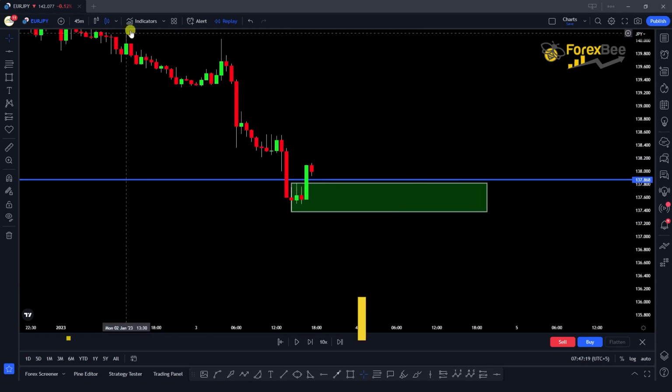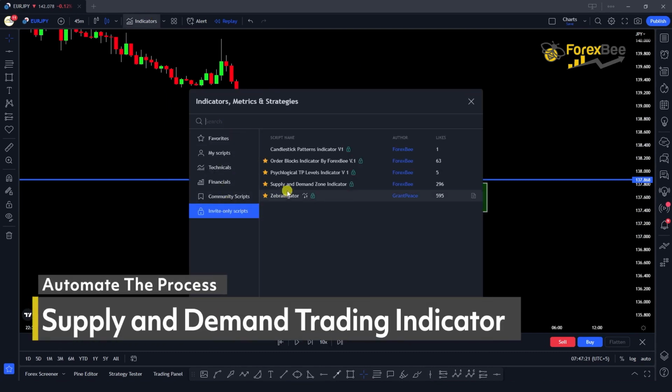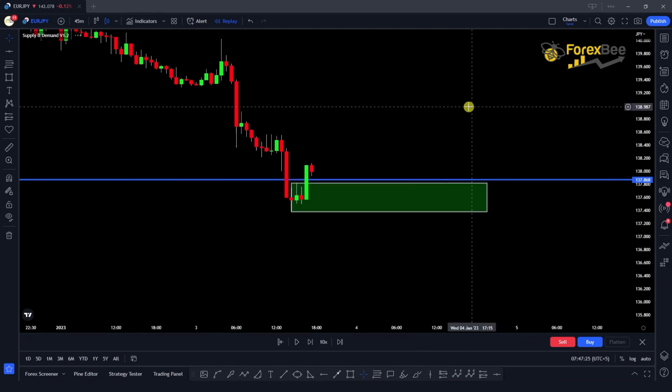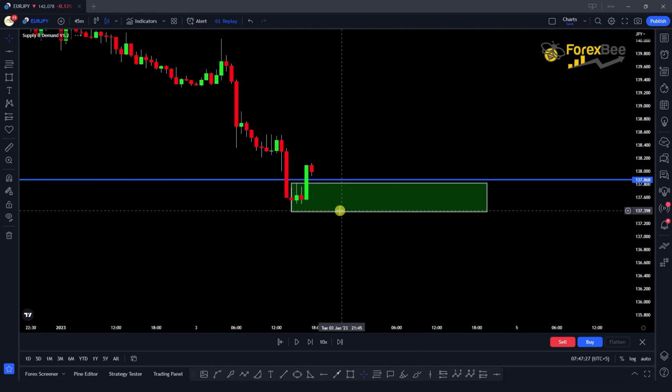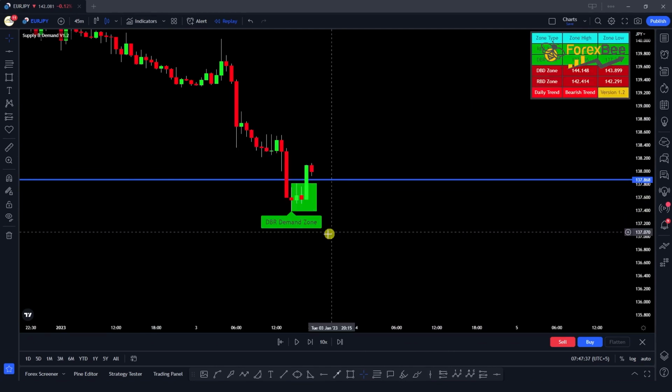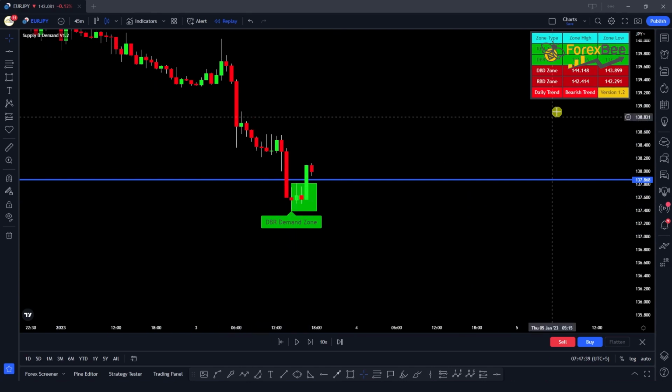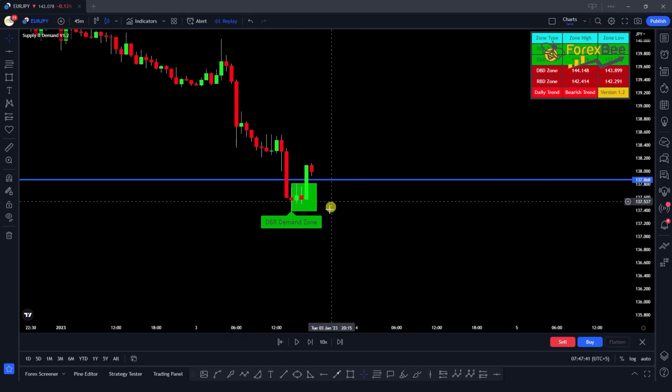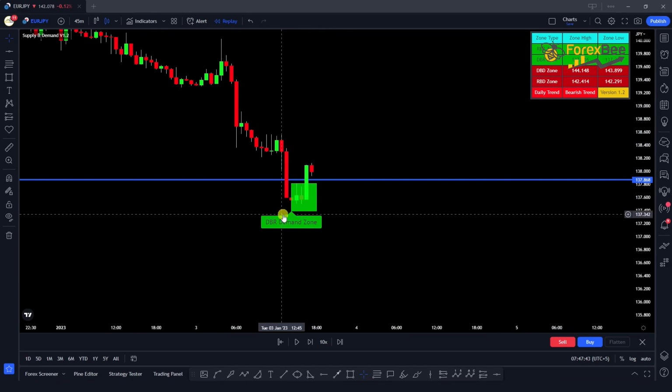We can also use the supply and demand indicator that will automatically detect the supply and demand zones for you. For example, if I apply this indicator to a chart and if I remove this rectangle that I have drawn manually, after calculating, you can see that the indicator has automatically pointed out this demand zone,